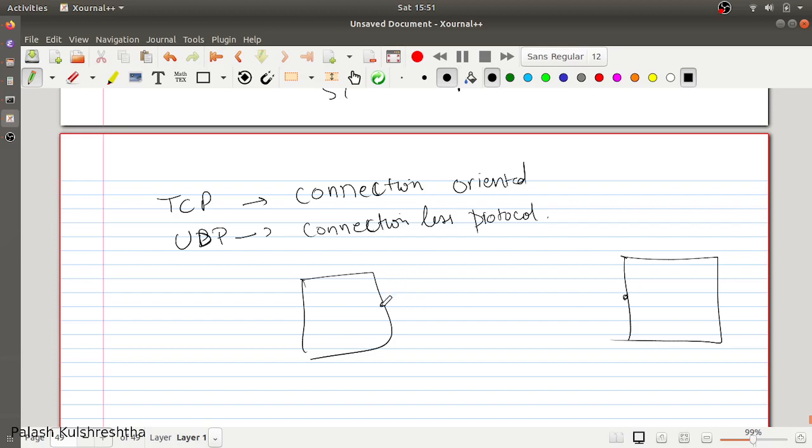This server is just going to throw the packet out and stop listening on this port. So for server 1, obviously IP and port are necessary because all the communication happens between IP and port. Combination of IP and port is called socket. So it is going to throw the packet, and it is not going to listen for the acknowledgement.